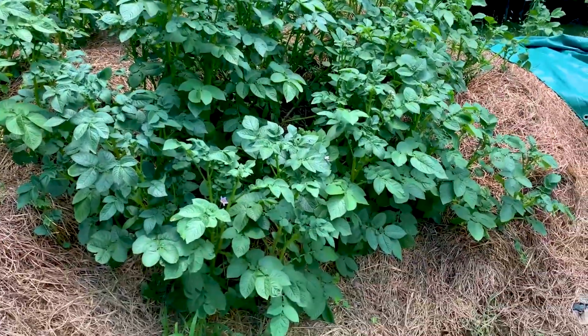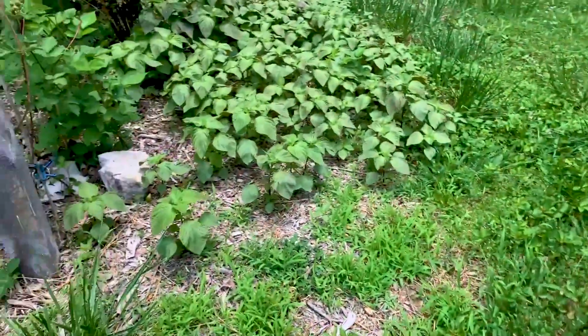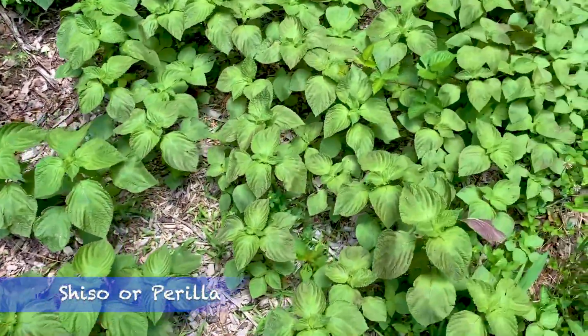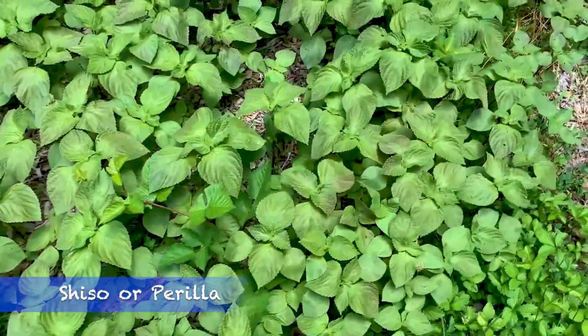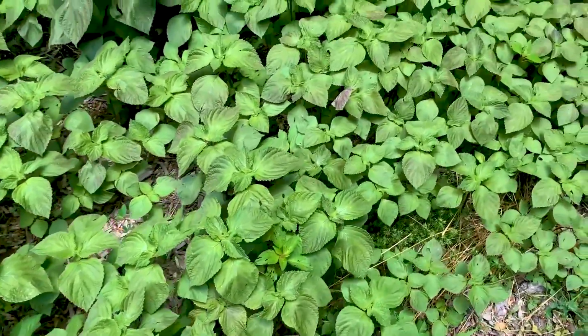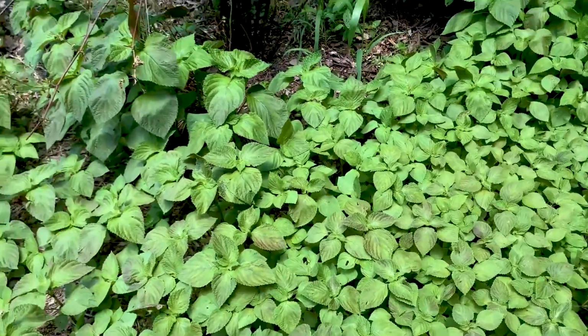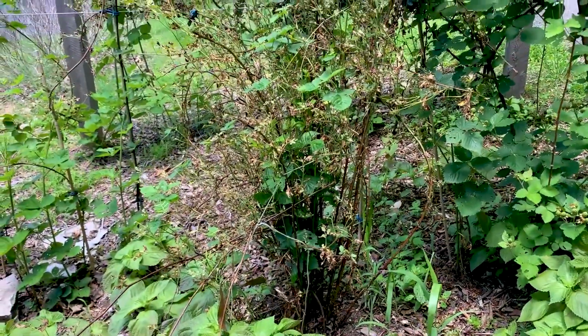Wow. Oh, here's the shiso. Somebody identified this as shiso, and it does look like that. I've only seen it once, growing in Mobile, Alabama, in a community garden. And the bush was literally 8 feet tall. What happened to that